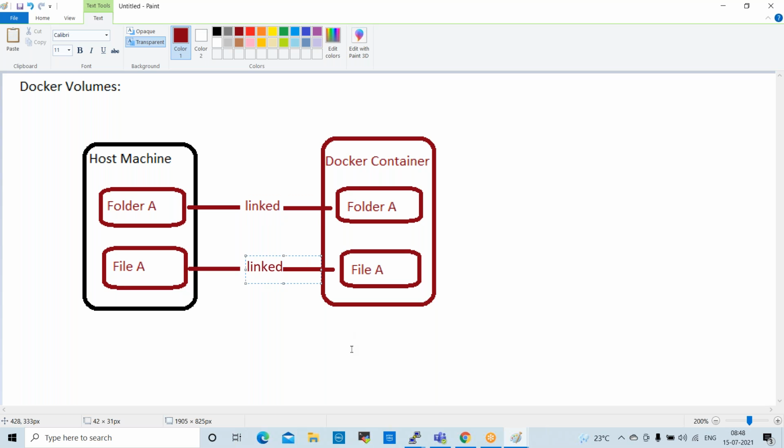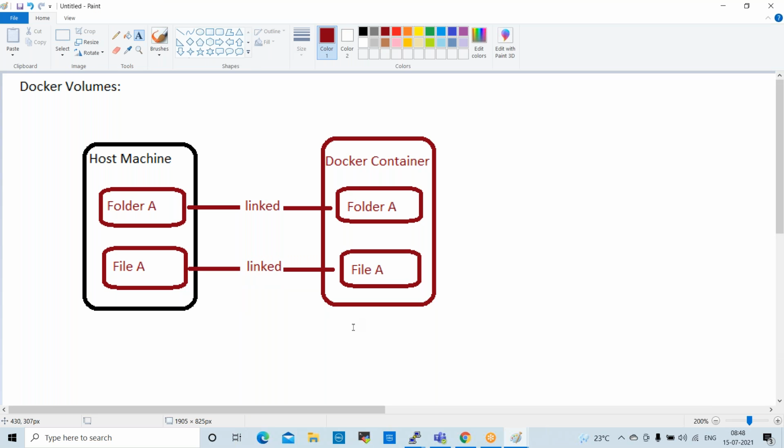Okay, like this we configure. As a DevOps engineer, we need to enable these Docker volumes for developers and the application team. While updating the application, the containers, the microservices, they use these volumes. Whenever they modify any changes here, it will be updated in this container.